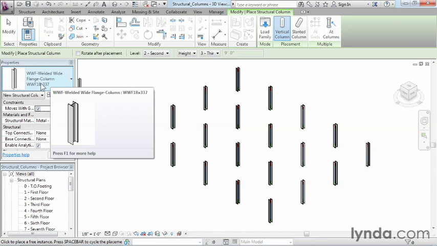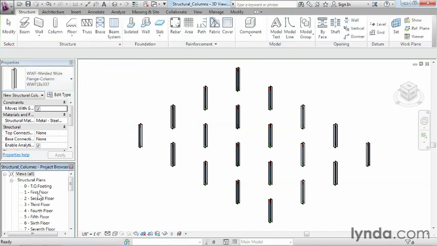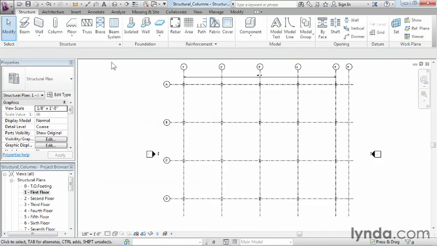Now, these just happen to be the ones between the first and second floor. We still need to place these same columns all the way on up the building. So in order to be able to do that, let's go ahead and go back to our first floor plan. Next, we're going to do that same sort of window move that we did before, and just click over here,